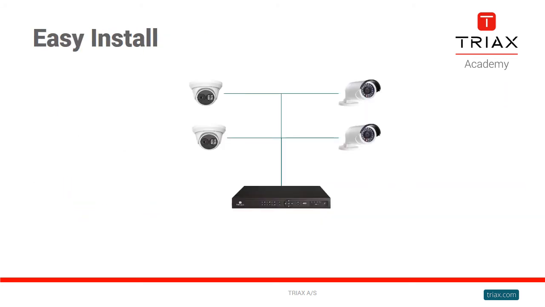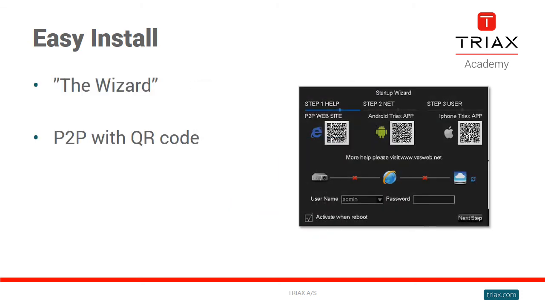Installing Triax CCTV is easy. Once all the equipment is unboxed and connected, you power up the recorder and cameras. The first thing you see on the TV screen is the wizard. The wizard is a 4-step guide, helping you configuring the network settings, altering passwords, and setting up users and groups